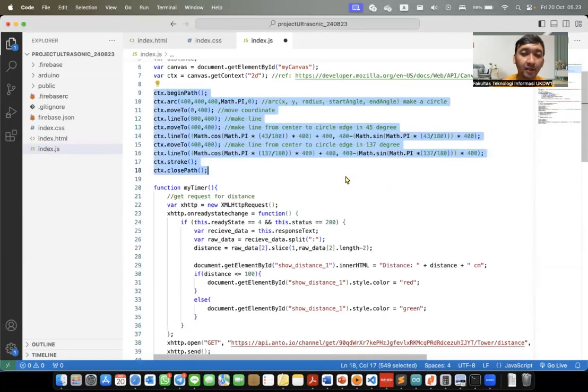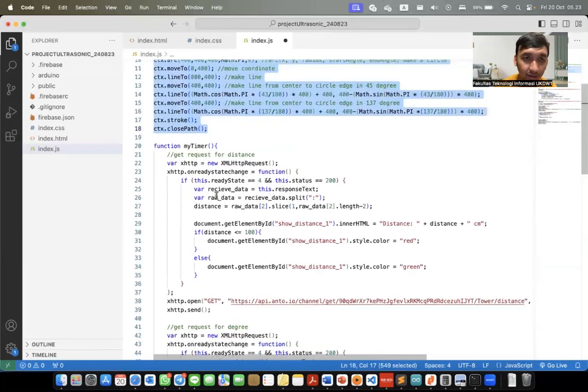After we draw the line, this block is for the timer function.